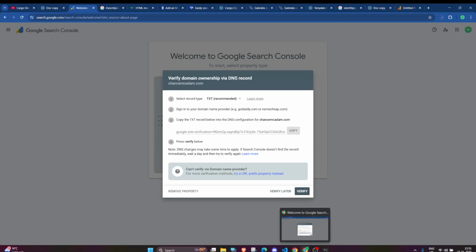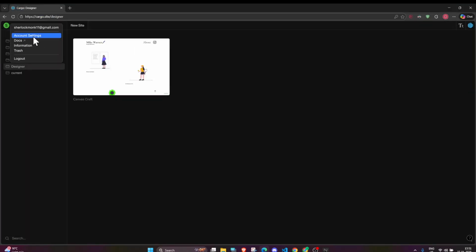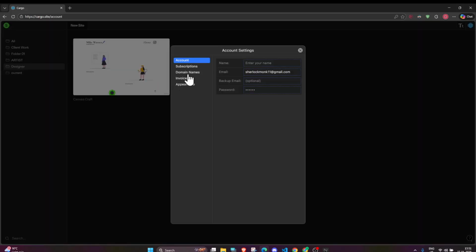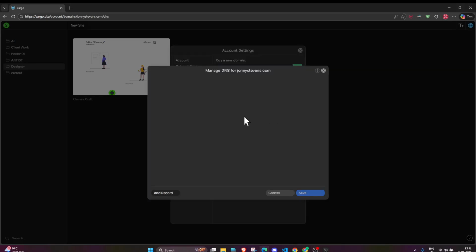After copying this TXT record, you need to go back in your Cargo settings, and in the account settings, in the domain name, you will see your domain name. Simply go here and click on edit DNS, and you will find only these two.